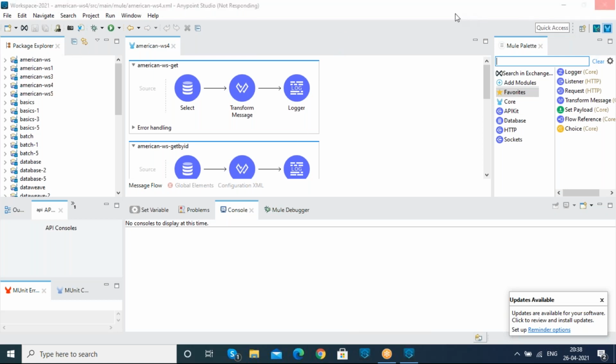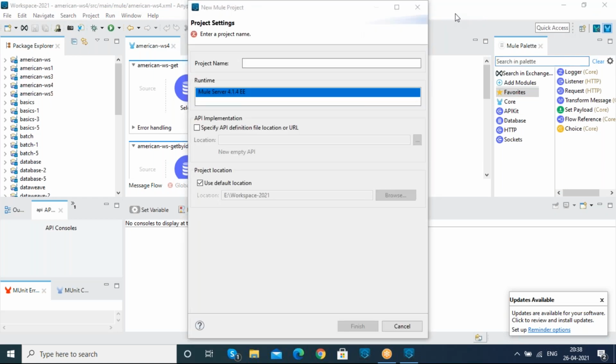So it is taking some time. Here I'm naming the project as flows.